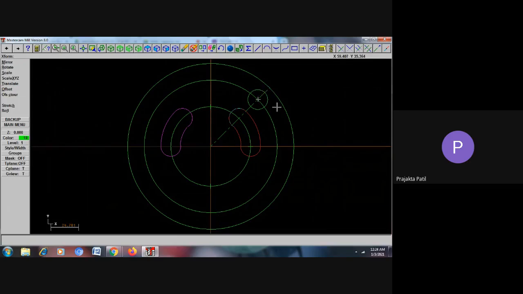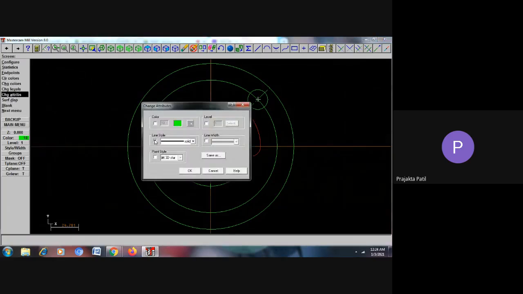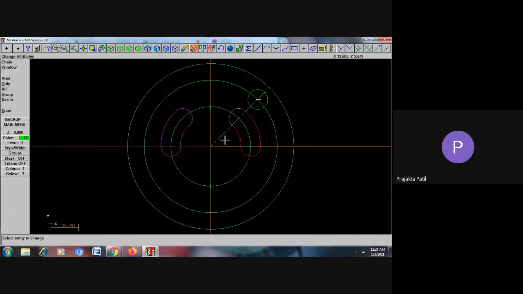I want a solid line. So I will first go to main menu, say screen, and change attribute, line style. I'm choosing the line style to be solid and say OK. Once you choose that, you have to select the line whose style has to be changed. So I've selected this, and now the style of this line has changed.